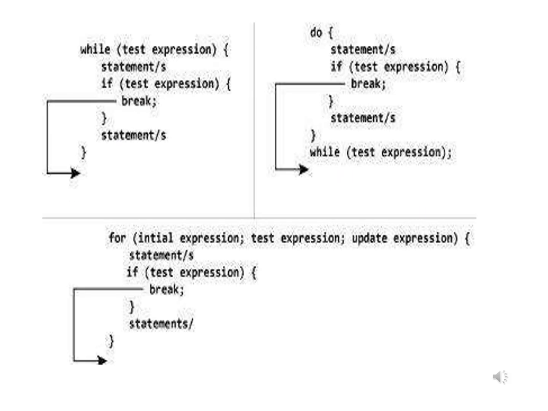Carefully observe this slide. We have shown that the break statement can be written in all three looping statements. For example, in the while statement, the test condition is tested, the open flower bracket is used, and the statements will be executed. After executing the statements, if the test condition is true, then the break is applied. Once the break is applied, it comes out of the while loop itself. Otherwise the while loop statements will be executed repeatedly